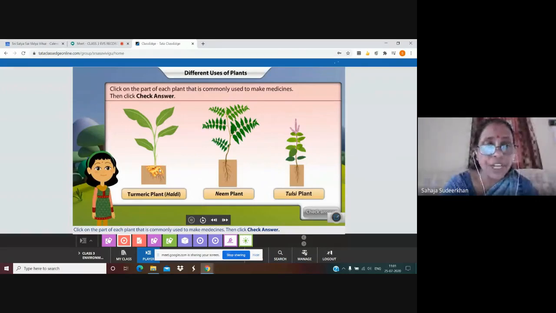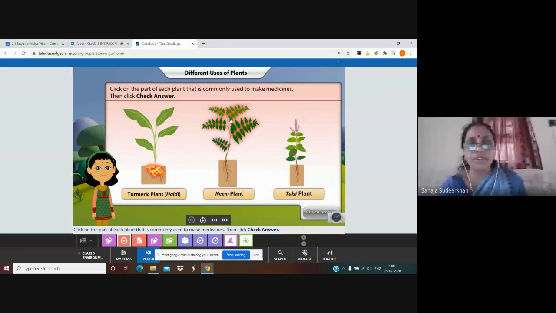It is underground stem. It is called rhizome. Okay, children. So this part is used, isn't it? When you have cough and cold, mother used to mix this turmeric powder in milk, isn't it? So this is a medicinal plant. We use turmeric as medicine.